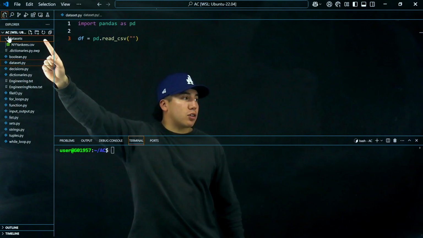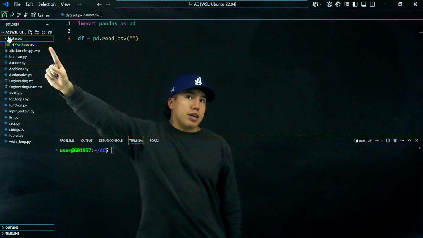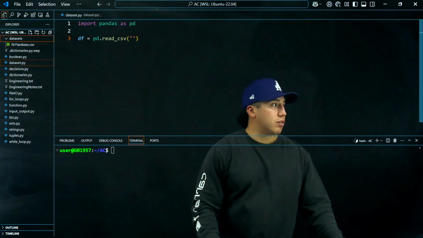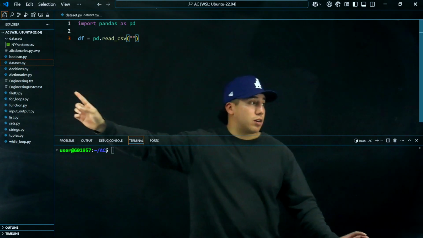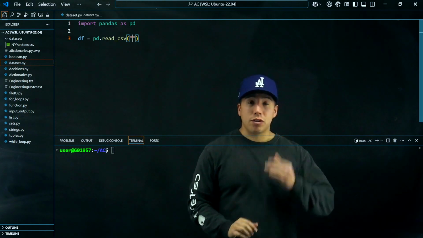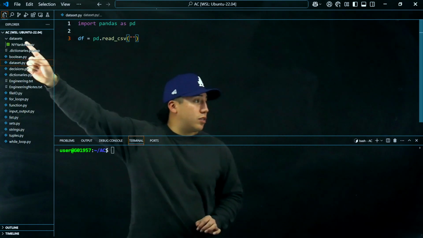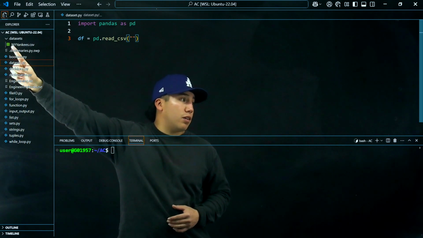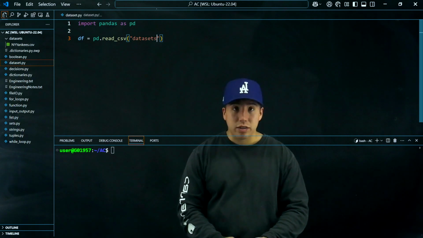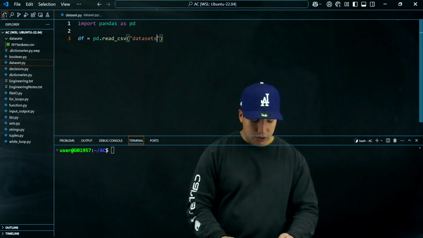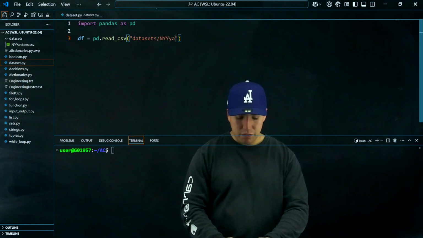So now I want to locate this CSV file here. To do so, and I'm doing this while you guys are seeing my files here, within these quotes, I want to put the first thing that I see to reach my CSV file, and I have datasets right there. So I put datasets, and then it'll first go into this folder, and then you put a slash and then you put the name of your